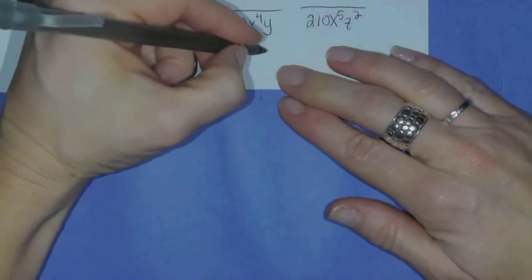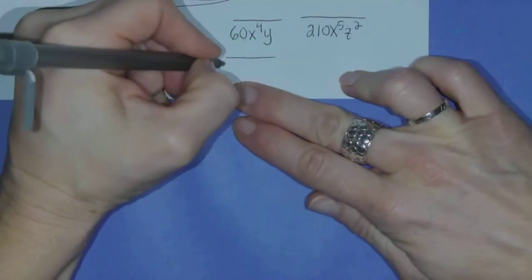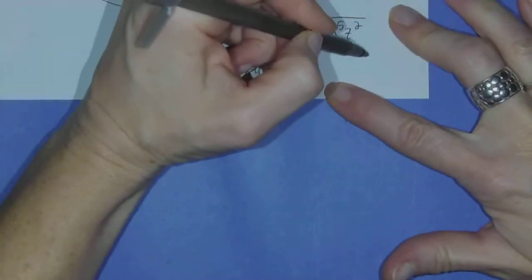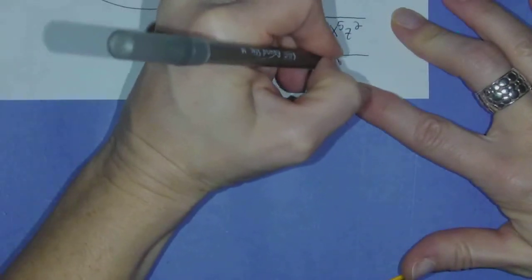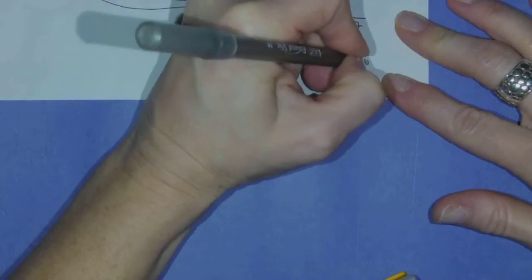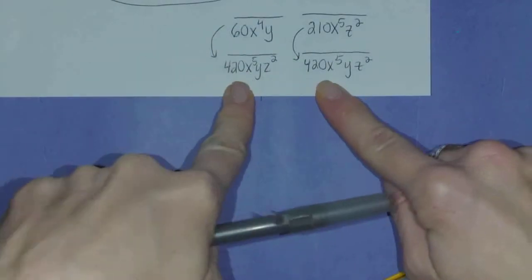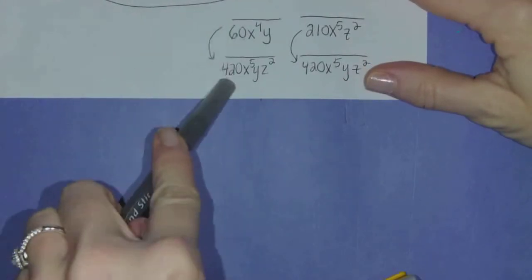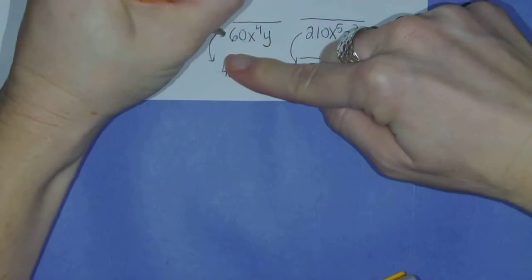See, if we make our new denominator 420 x to the 5th y z to the 2nd for both of these, I'm just taking the answer from up above. 420, x to the 5th, y, z to the 2nd. You just have to make sure you can grow each of these denominators into the new denominator. And you can. So what would you multiply 60 by to get 420? So what am I multiplying 60 by to get 420? Well, let's take 420